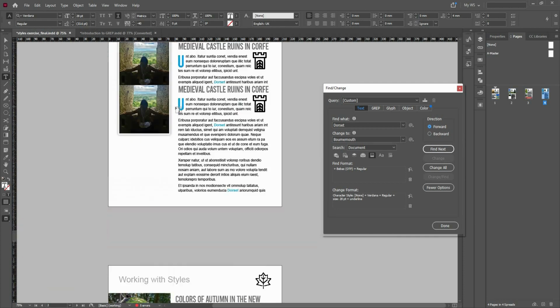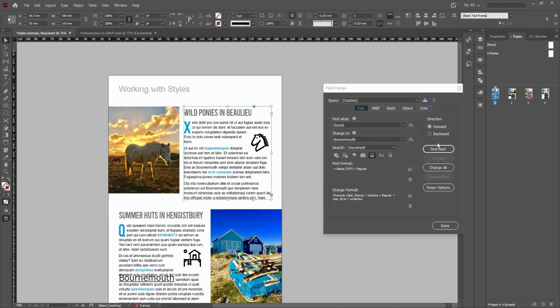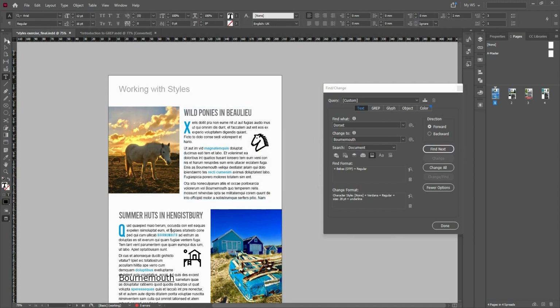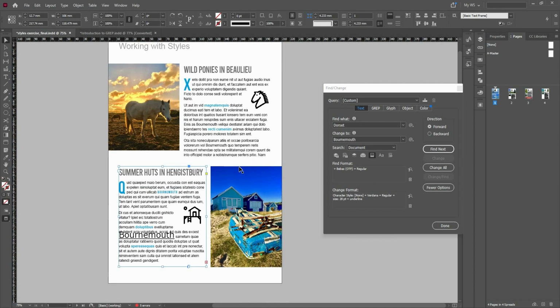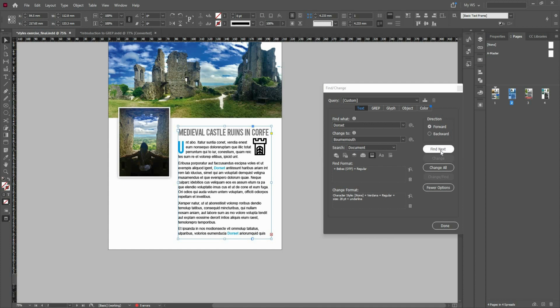forward, let's just go back here in this document, just select this, forward, change, find next. I think the words have been changed in this as well. So maybe here, find next,